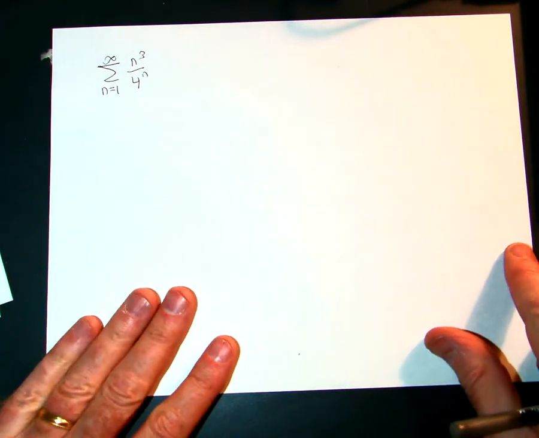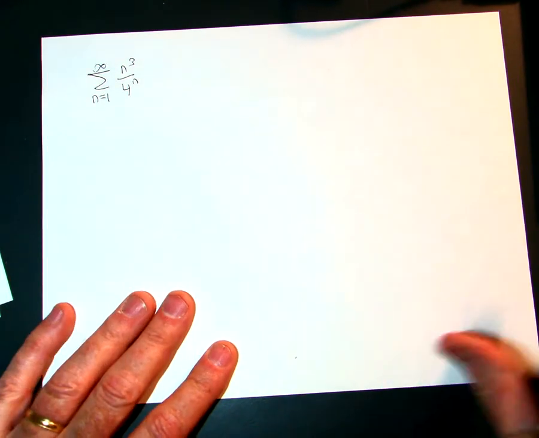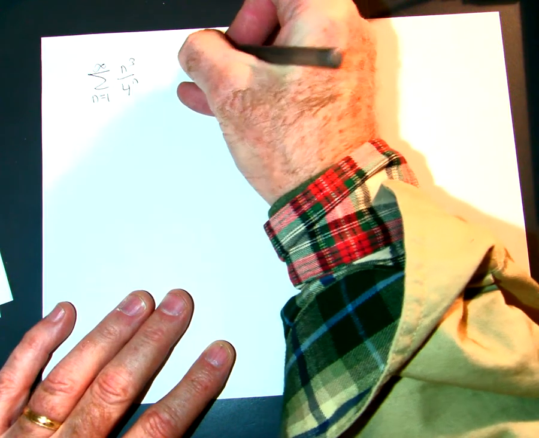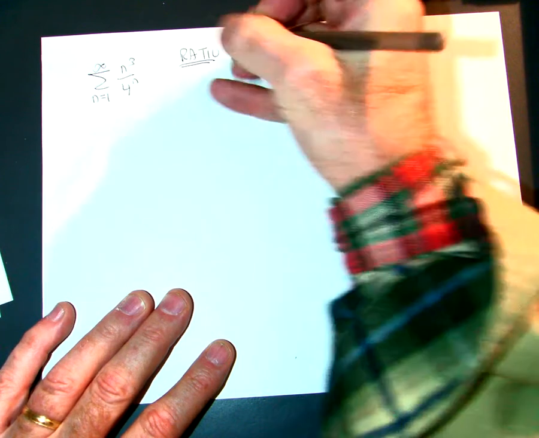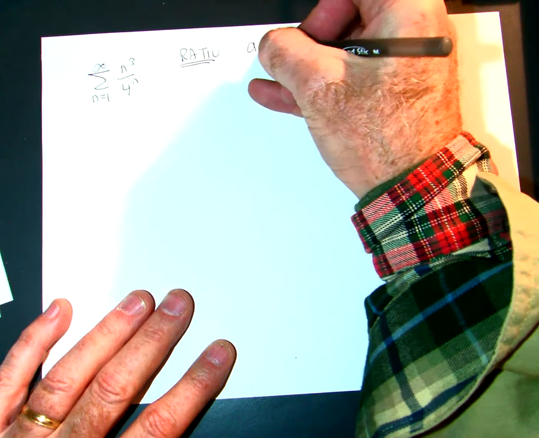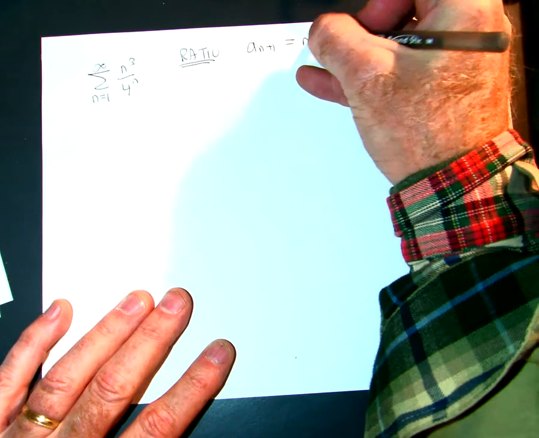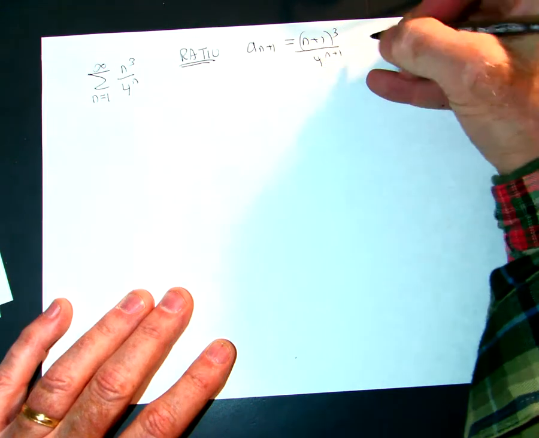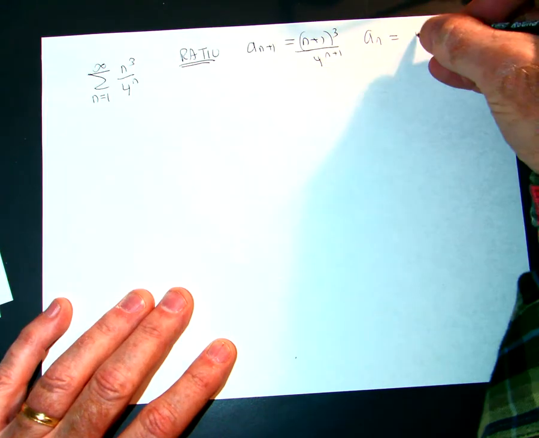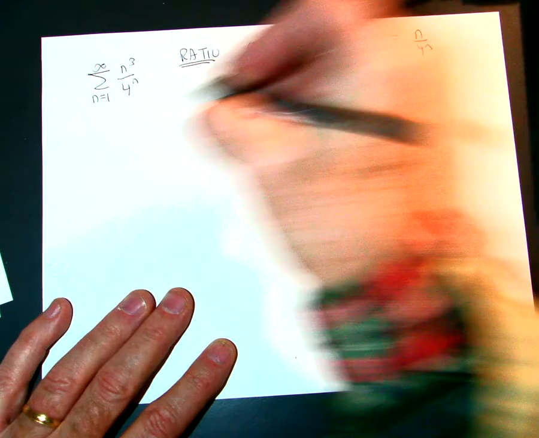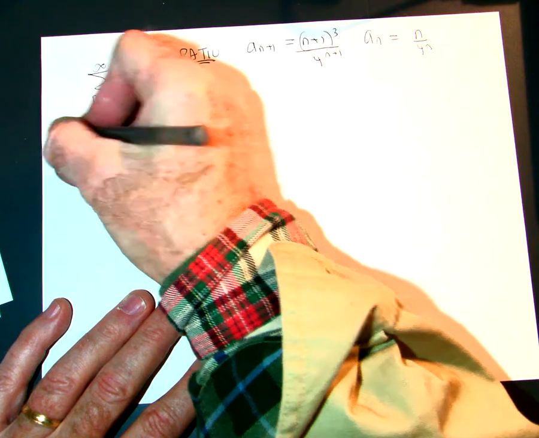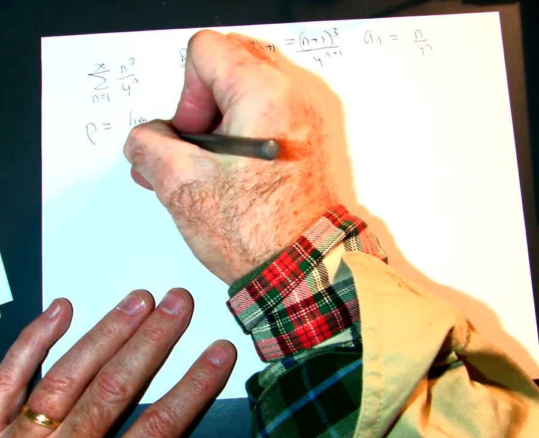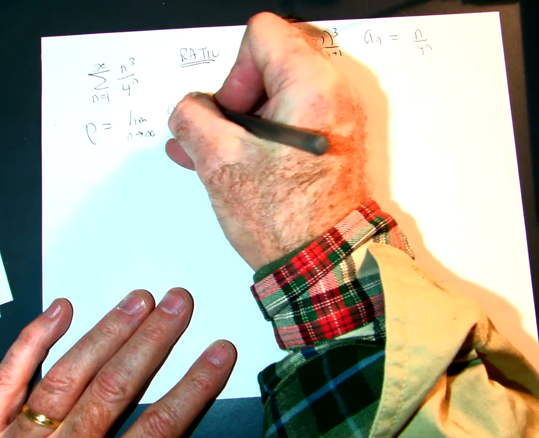I'm going to do a moderate example with the root and the ratio. So first I will use the ratio, I guess. So a_{n+1} is (n+1) cubed over 4 to the n+1, and a_n is just n cubed over 4 to the n. So I take the ratio limit, rho, limit as n goes to infinity of a_{n+1} over a_n,